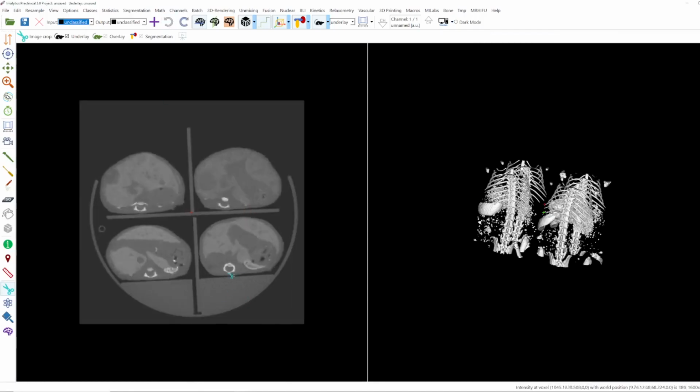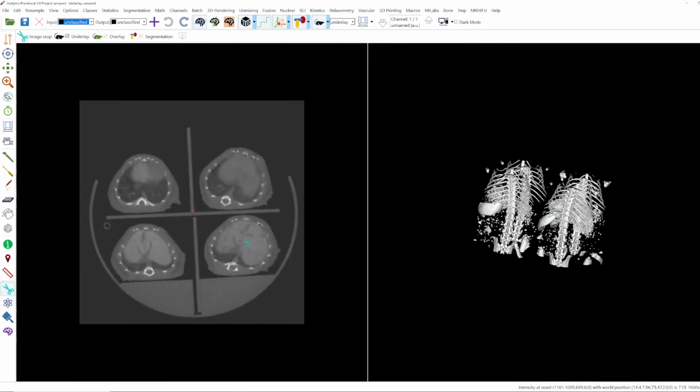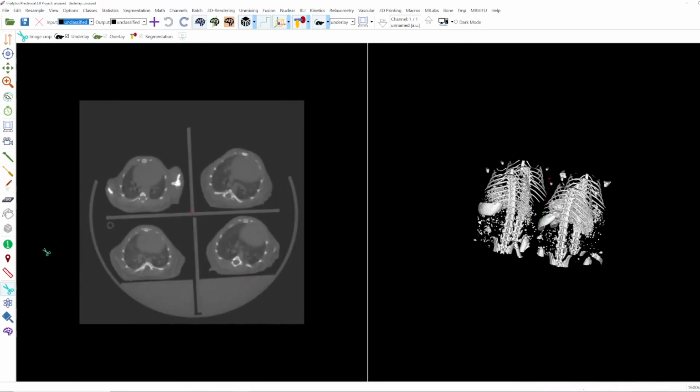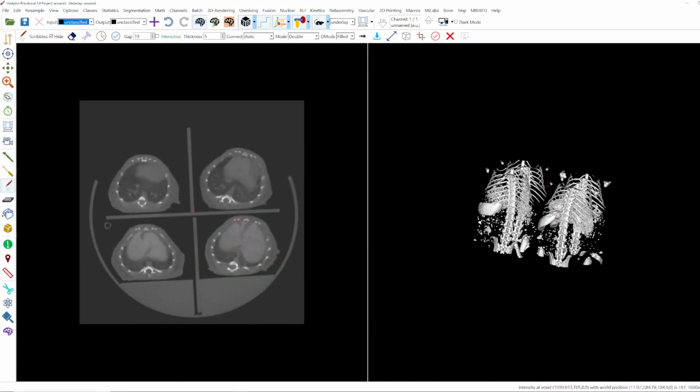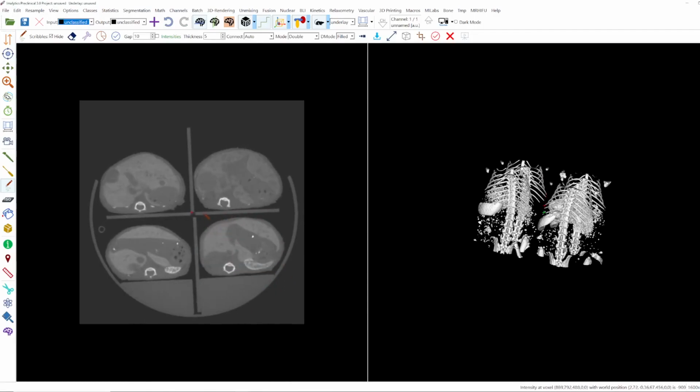There's a third option to crop your dataset. For example, if you want only the liver of this particular mouse to analyze, you can use scribbles. So we go to our draw scribble tool and then we draw scribbles around the liver.